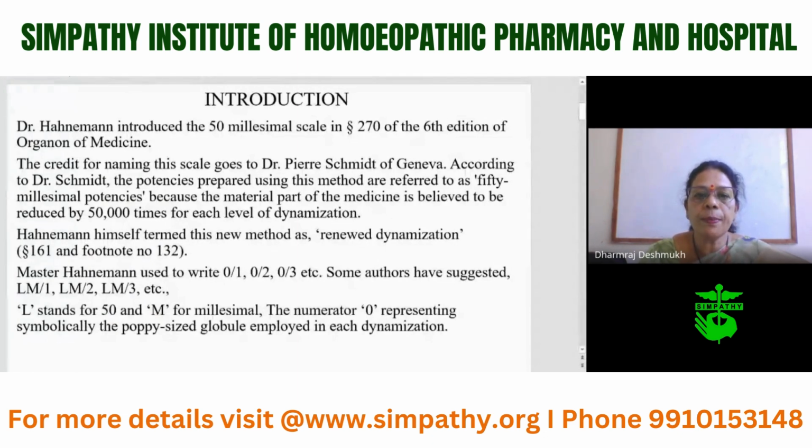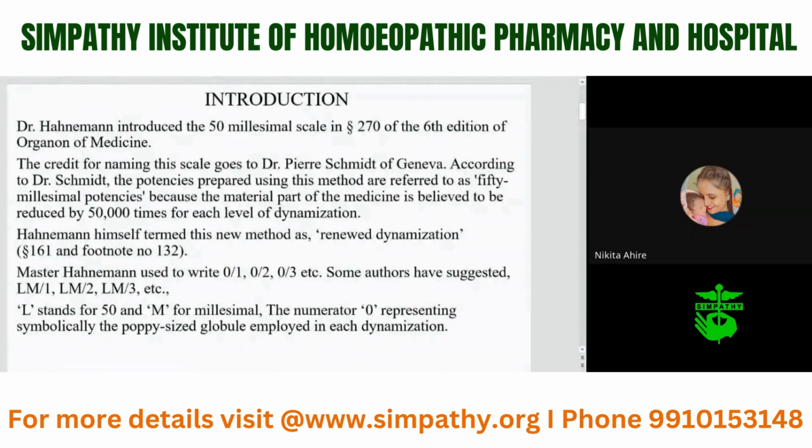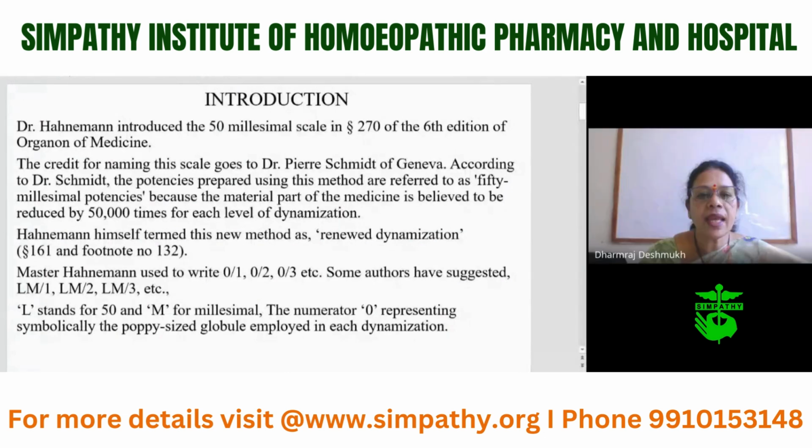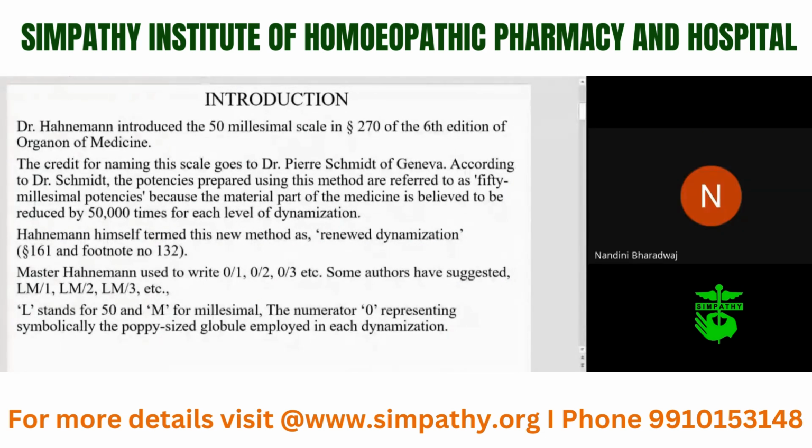When you want to prepare the 0/1 potency, at that time you have to take a phial of 4 ounce. There are two methods: you can take by ml, or you can take by minim, that is drop by drop. When you put 1 drop of mother tincture and you add